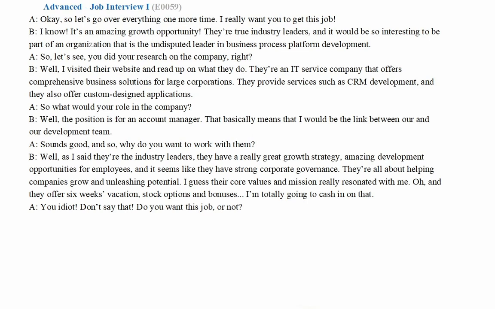Read up. So when you read up on something, well, obviously you read it, right? Right. But you're reading it specifically for some information so you can know more about the subject. So it's kind of similar to study, right? Kind of, but really with the idea that you're trying to improve your knowledge about a particular field. Okay. Now for our fourth word, unleash potential.